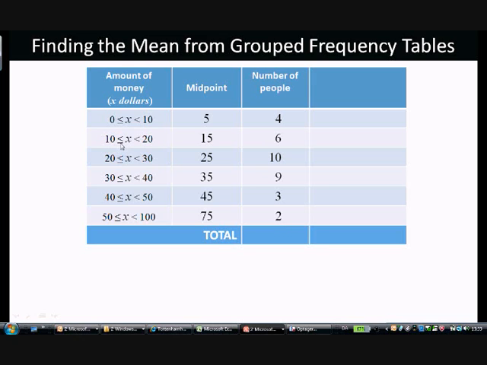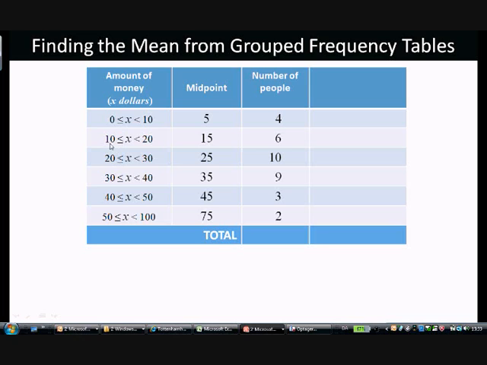Now, this extra little line on that sign tells you, if somebody's in the middle of, or halfway between 2 groups, which one they're in. So if somebody's got $20, for example, you've got the problem, do they go in this group, second group, or do they go in the third group? And they go in the third group because this little extra line on that sign means that X is allowed